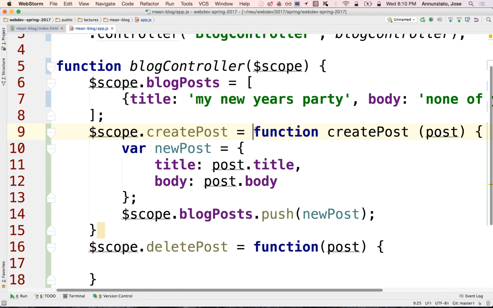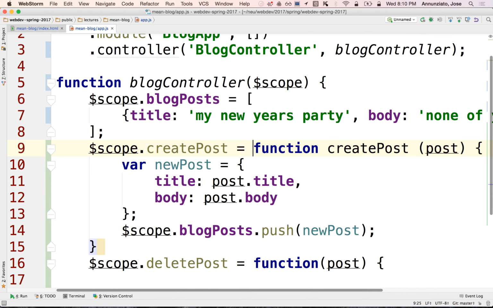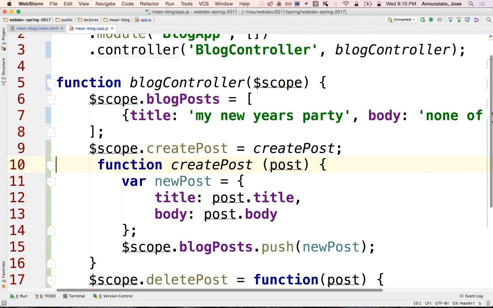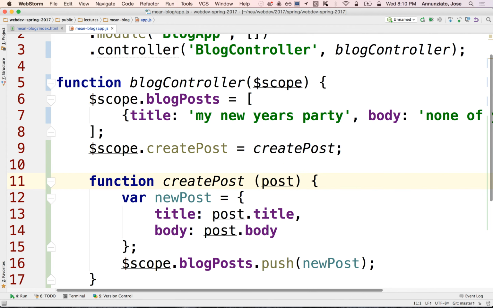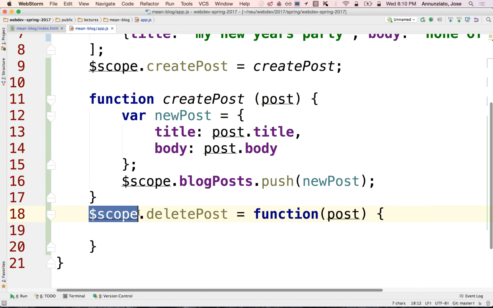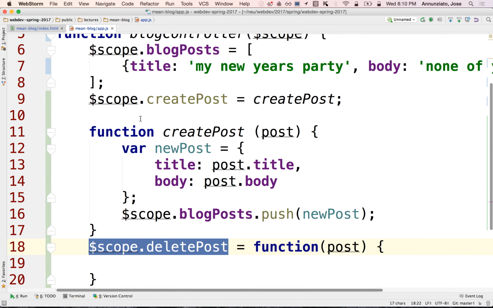And I'm going to declare them as functions of their own, right? And this create post, I'm going to just tie it to that function. It's the same thing. Nothing has changed, right? So I'm going to do the same thing with this delete post. I'm going to declare it way at the top